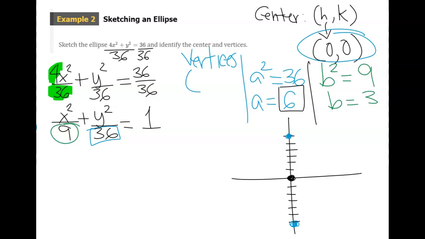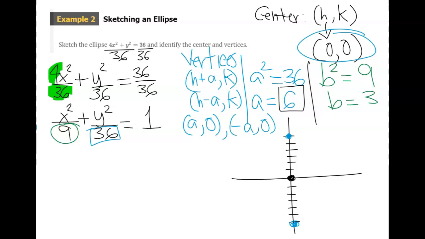So the formula says that they are H plus A or H minus A, comma K. So we're at an advantage because both H and K are 0. So for our vertices, we just need A, comma 0 and negative A, comma 0. So in this case, the vertices, as you can see, they are at,